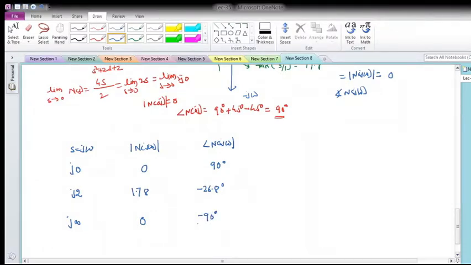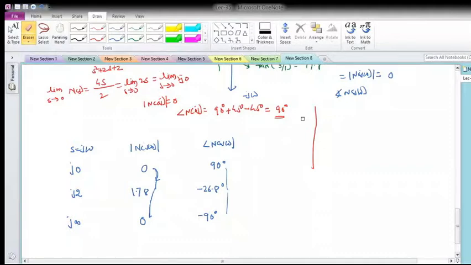With this we observe that the magnitude starts from 0. As frequency increases, the magnitude reaches a maximum at some frequency, then again decreases and reaches 0 at higher frequency. Similarly, the phase starts from 90 degree at omega equal to 0. As omega varies, it crosses the 0 degree axis and reaches minus 90 degree. So how is the rough behavior?